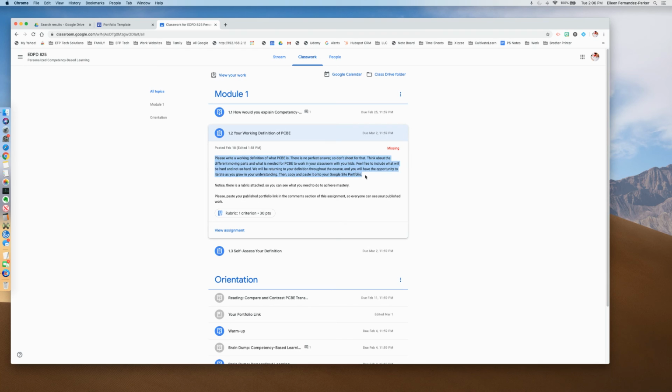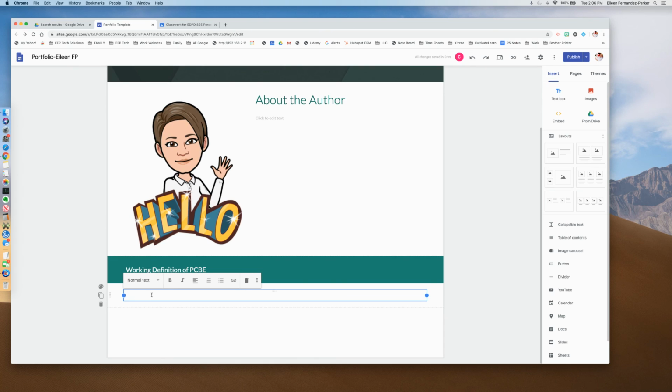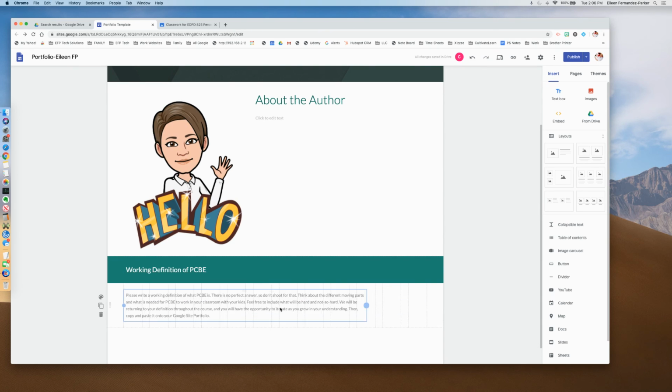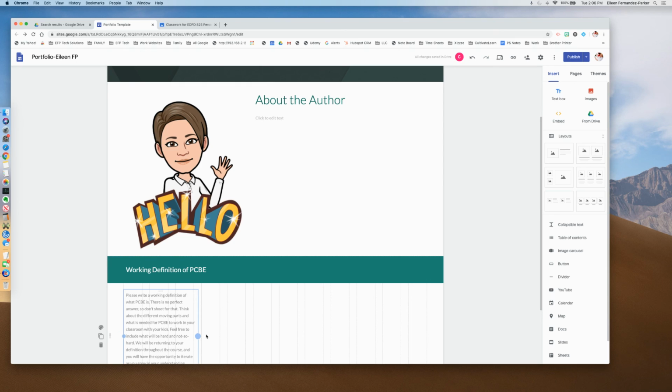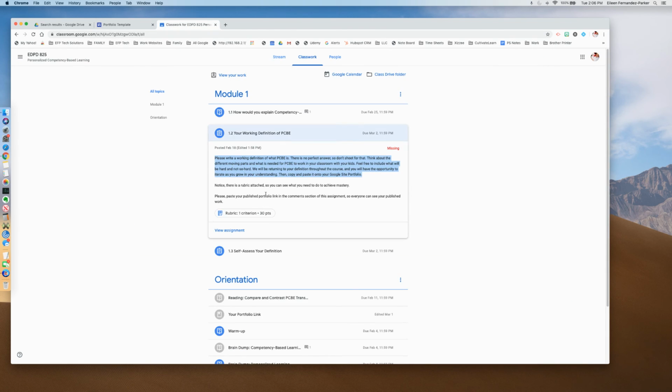So I'm taking this text, I'm going to copy it, I'm going to double click here and choose the text, and I'm going to paste it. Now I can leave it be full screen, or I can shrink it down. Okay. And now the reason that I might want to shrink it down is because when I go back to Classroom,